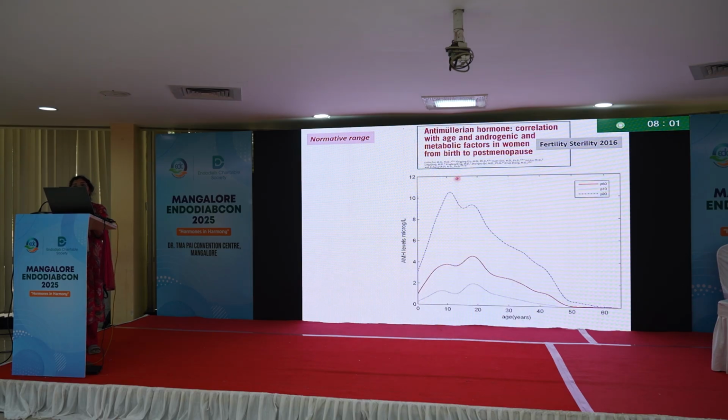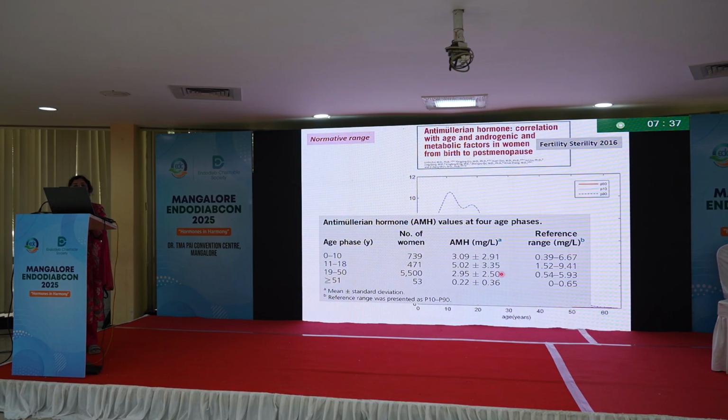So there is this beautiful study from China with a lot of patients, more than 5,000-6,000, and they are normal girls and women, not from infertility centers, followed right from birth till menopause. Even here, in any given quartile, the range from lower limit of normal to high is huge. It's not a narrow range. And as per them, in reproductive age women 19 to 50 years, the lower limit of AMH can be as low as 0.5 and still be normal.